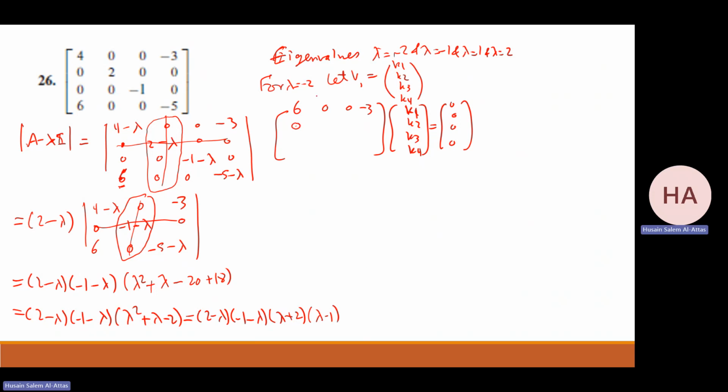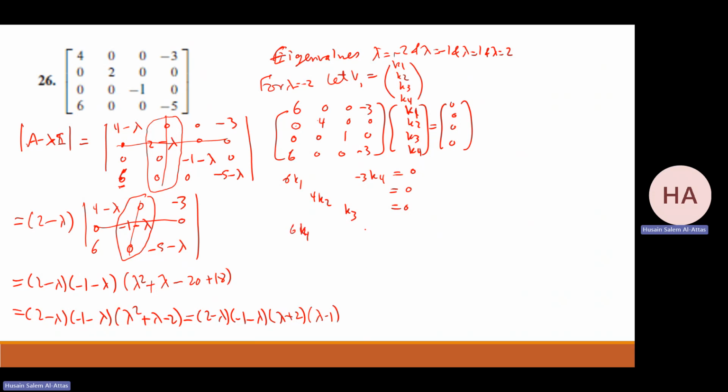Zero, 2 minus 2, that will be 4, 0, 0, 0, 0, minus 1, minus 2, that will be 1, 0, 6, 0, 0, minus 5, that will be minus 3. So what we have? We have 6k1 minus 3k4 equals 0, 4k2 equals 0, k3 equals 0,